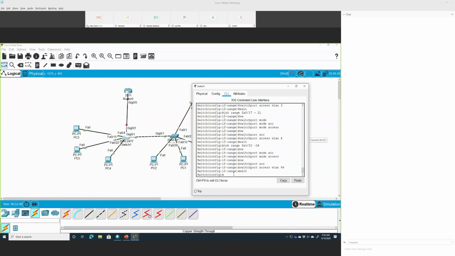So let's do that. So we're gonna go interface range gigabit 0/1-2. Now, what we're gonna do with this interface, we need to configure them as trunk. We're gonna do switchport mode trunk,